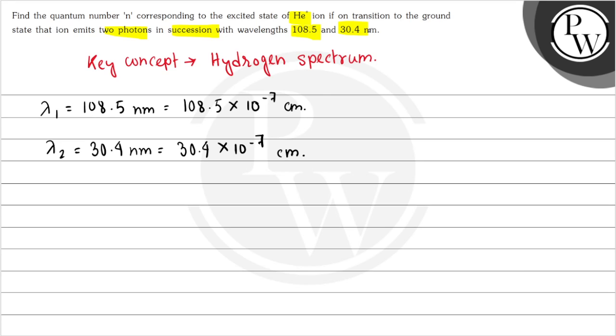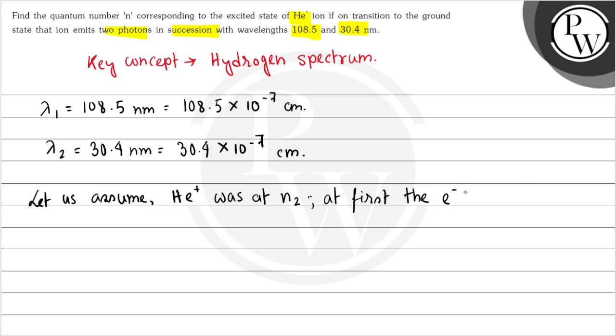Now see, in this question it is mentioned that the transition to the ground state, that ion emits two photons in succession, that means two successive photons, and we have to find out the quantum number n. So let us assume the helium plus was at n2, and at first